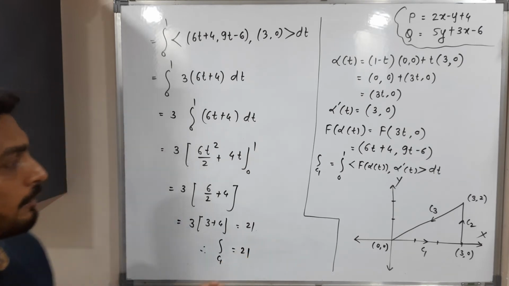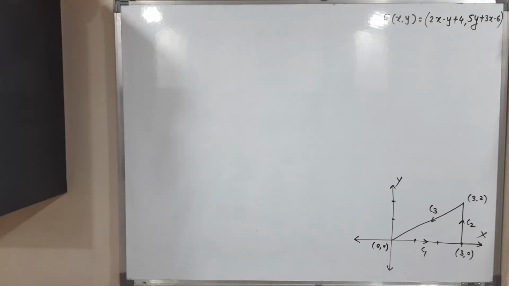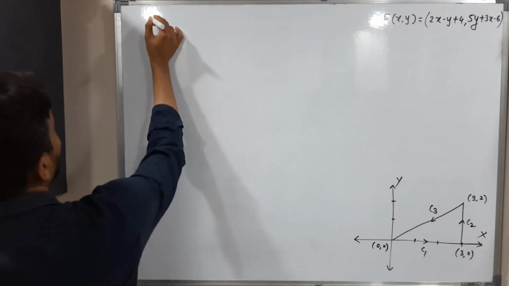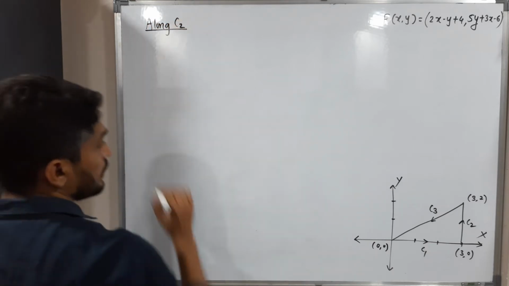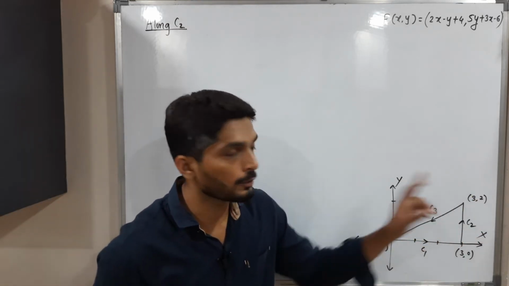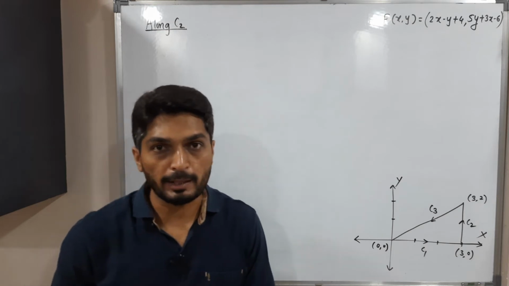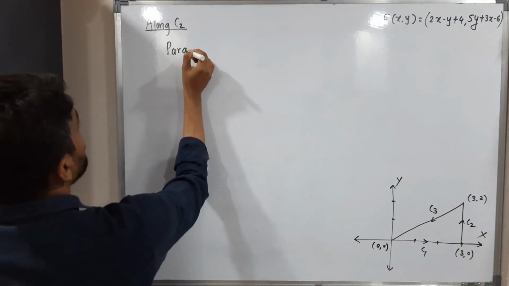So let us go further. I'm going to rub this part, make a screenshot of it. Then we will go further. So now let us find the value of the line integral over C2. Okay. So let me write along C2. So see, C2 is a line segment which joins these 2 points (3, 0) and (3, 2). So let us find its parameterization first. So the parameterization of C2,